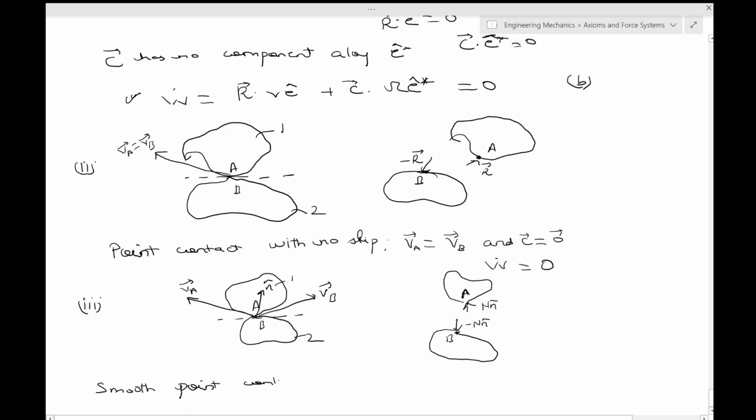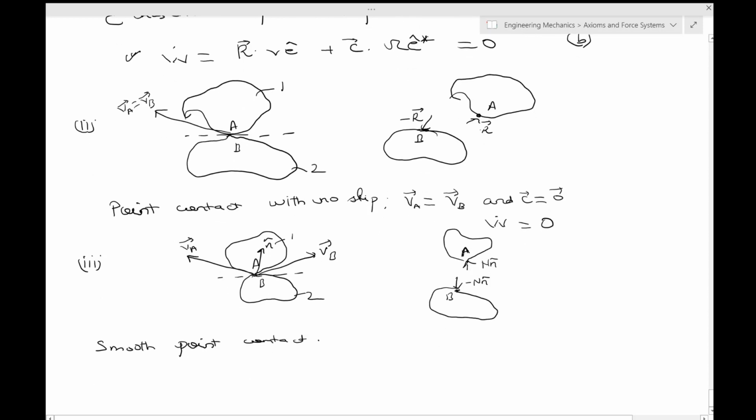point contact, this can be with or without slip. C will be equal to 0, R will be equal to N star. Okay, unlike over here, because we have not said that it's smooth in this earlier case, so friction can be present, but over here the only force is the normal force, and that's why you have R equal to N in the